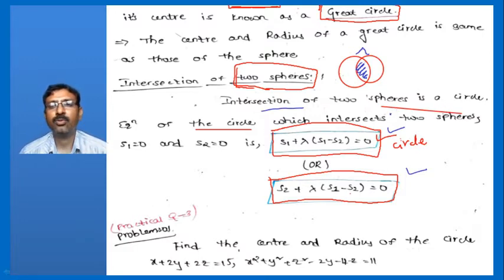All of you know, intersection of two spheres is a circle, and intersection of sphere and a plane is also a circle. Here we are considering intersection of two spheres. Intersection of two spheres represents a circle. Then equation of circle. Yesterday we have discussed the formula equation for that circle, but this is not correct formula.